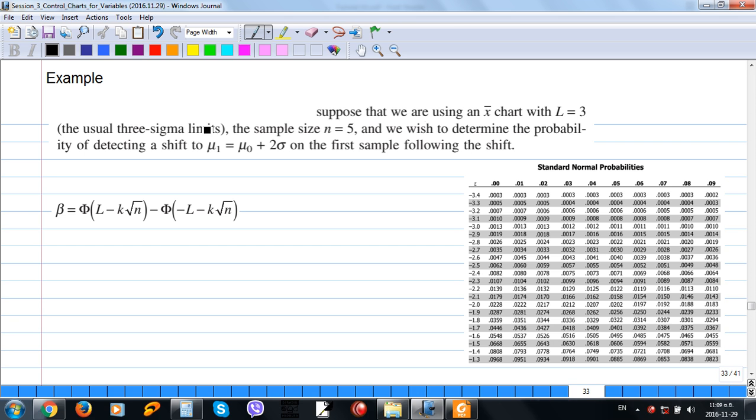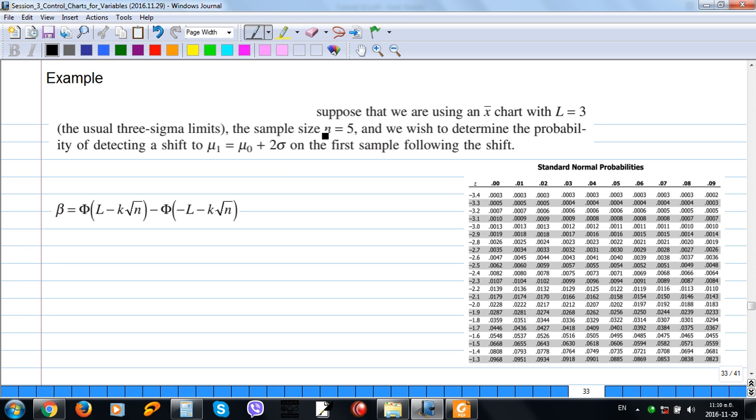And this is the example for the OC curve. Suppose that we are using an X bar chart with L equals 3, the usual 3 sigma limits. Here this is a limit that usually we are taking, the 3 sigma limit, so L equals 3, and a sample size n equals 5. We wish to determine the probability